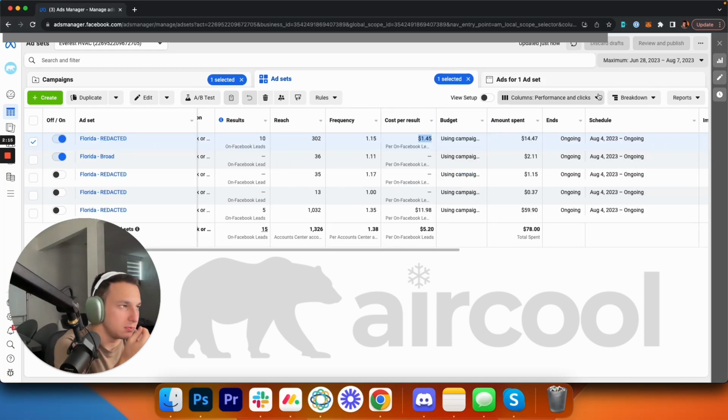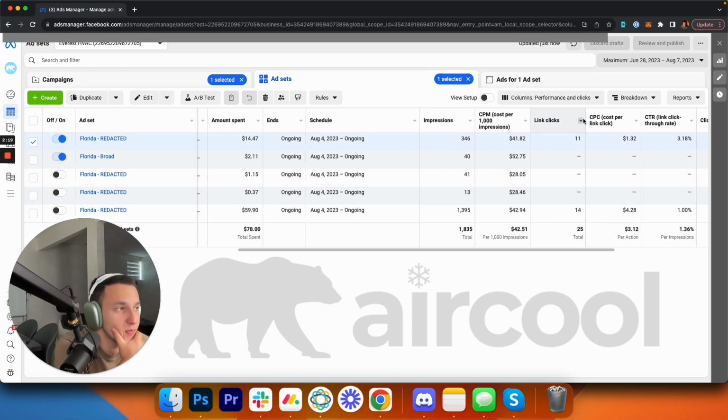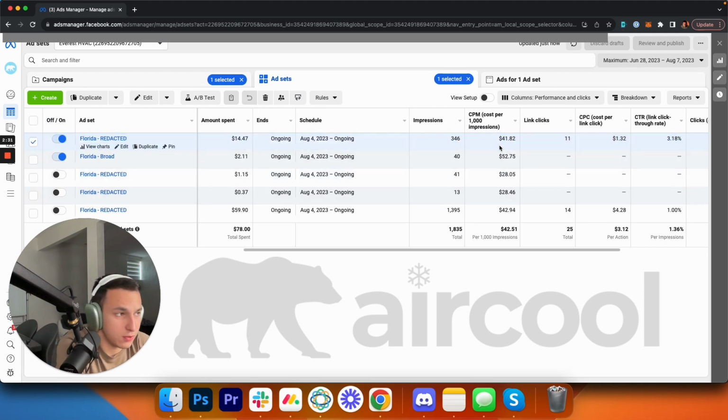Now, I'll show you some of the other metrics. CPM on this is $41. Now, this is in the US, so you're not going to get too low of CPMs, especially in Florida. Florida, if any of you know, is a pretty expensive state to advertise in. So $41 CPMs,